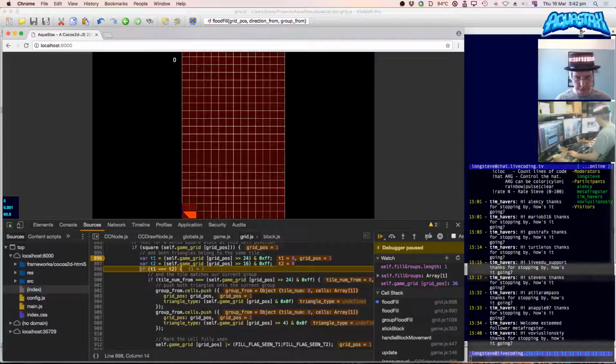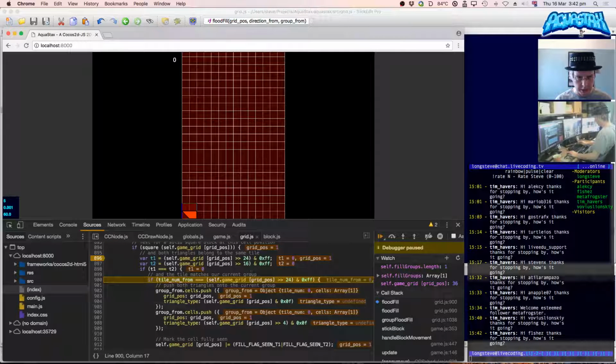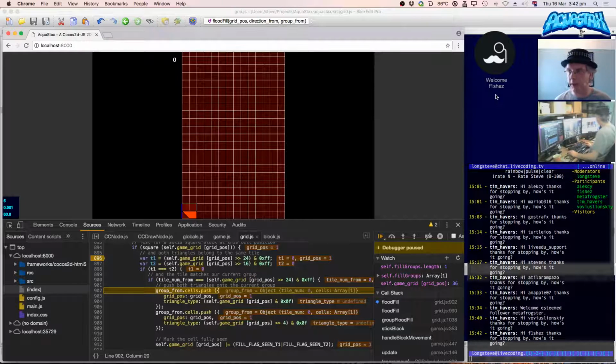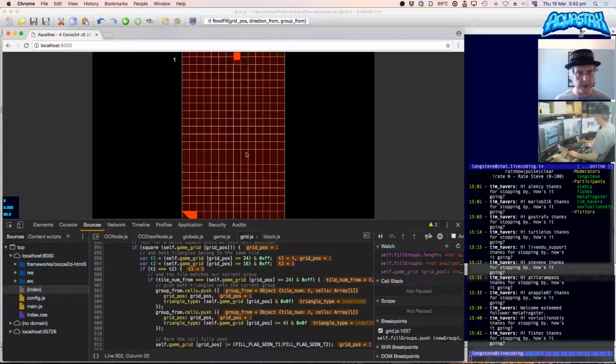Yes, they're both the same, both are 0. And now we jump into here. So tile num from is actually also 0. In fact, I could tweak that so it's fishes as well. I get to see it. So that's going to work. Let's just break that, continue. So now we've got one